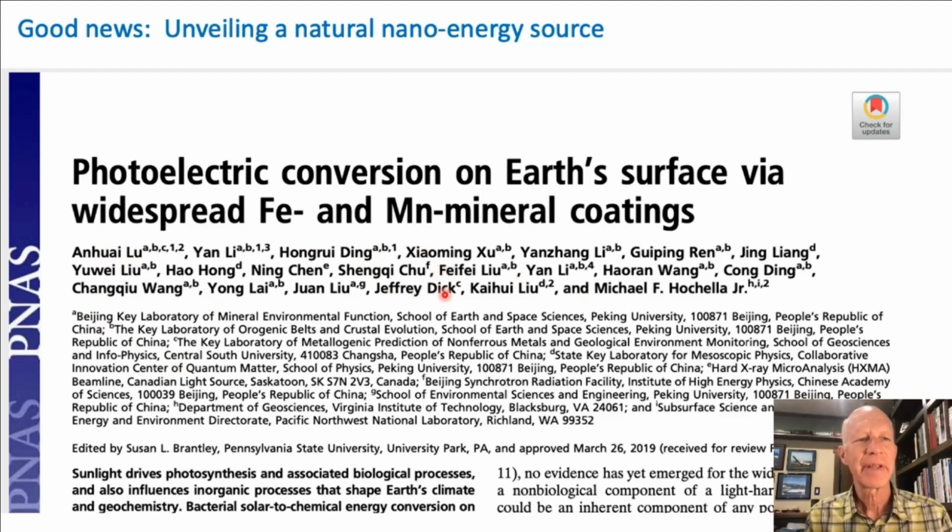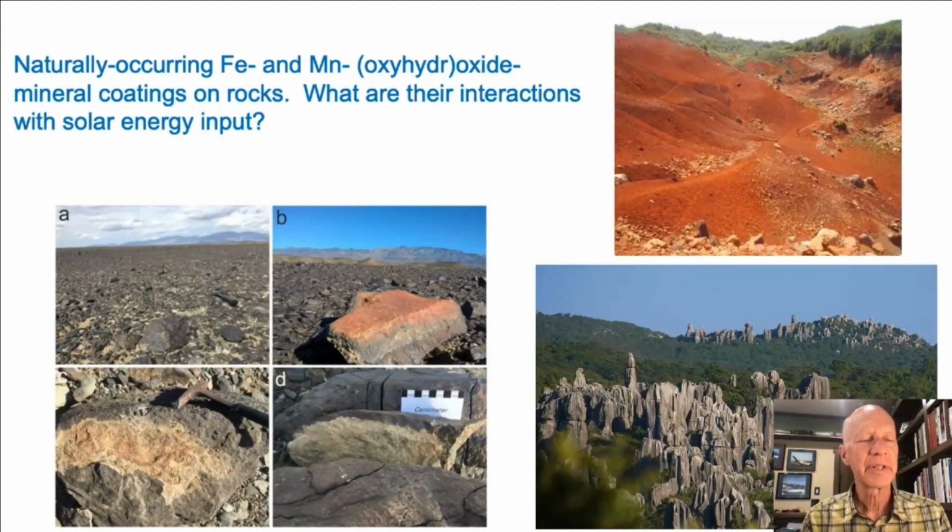We had a great time with this, and let's just move on to this slide, which shows that most of you have heard of rock varnishes. These are manganese and iron oxide coatings that rocks get, especially in dry conditions and sometimes very wet conditions. This is the Gobi Desert, where you see these black rock coatings. Those are in China,